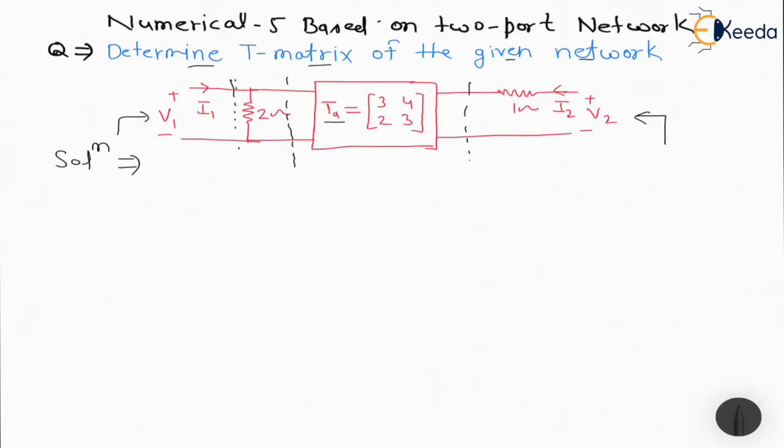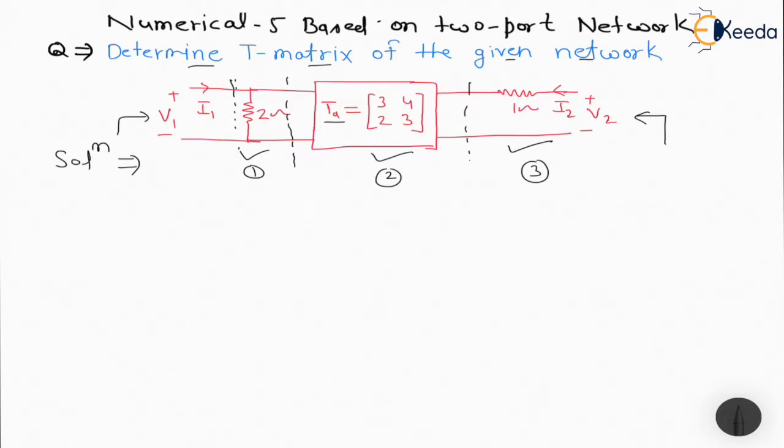independent circuits. This is first, this is second, and this is third. We need to calculate the independent T parameters of all these three circuits one by one, in which one has been given, the second one has been given. We need to calculate the first T parameter and the third T parameter.